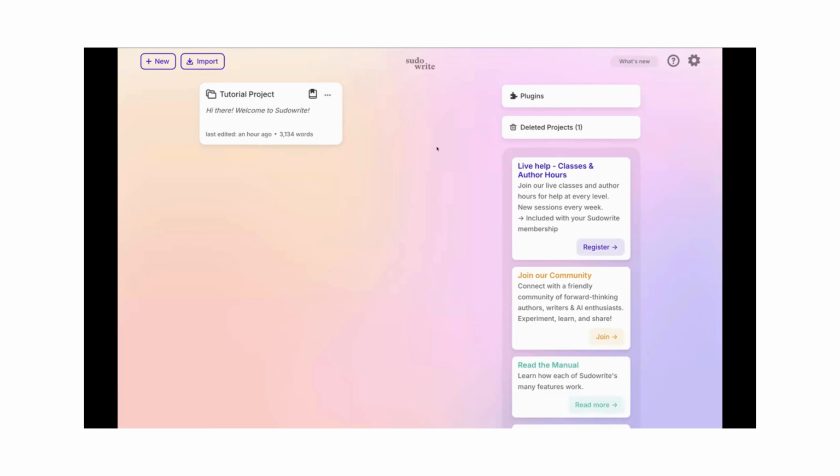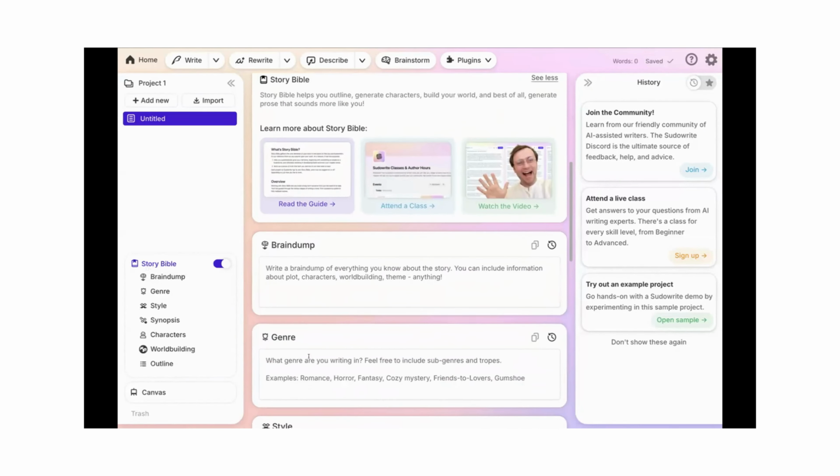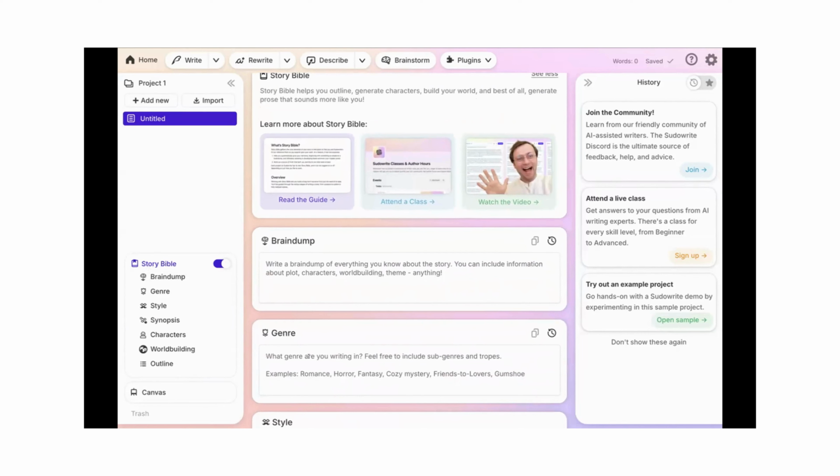Okay, so this is the screen you will see when you start up Sudowrite for the first time. But looking at your names, I think they all sound familiar, so you're not that new here. All of us have been here for a while, so I don't have to give you an interface tour. You know what the interface looks like. But we'll start a new project for today's class, and so that this goes a bit faster, I have prepared a little